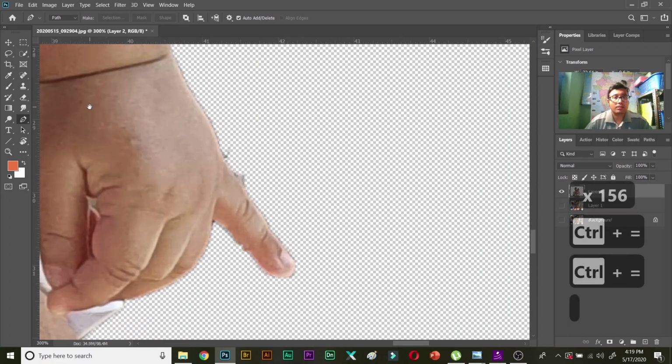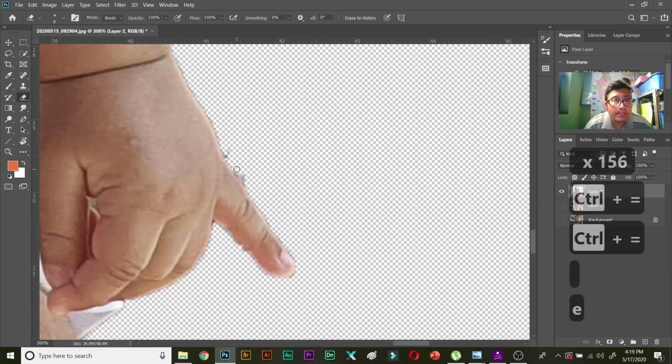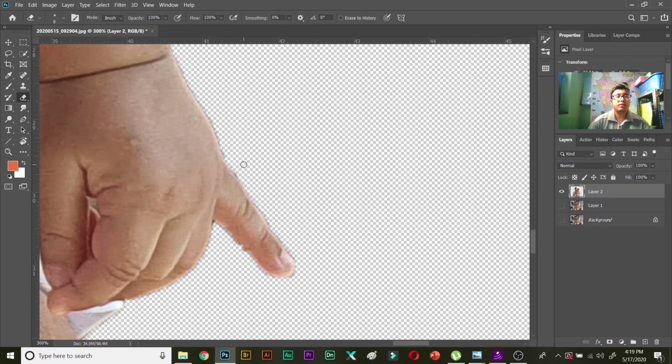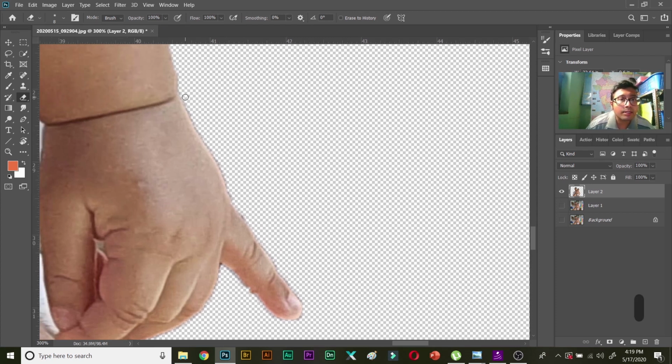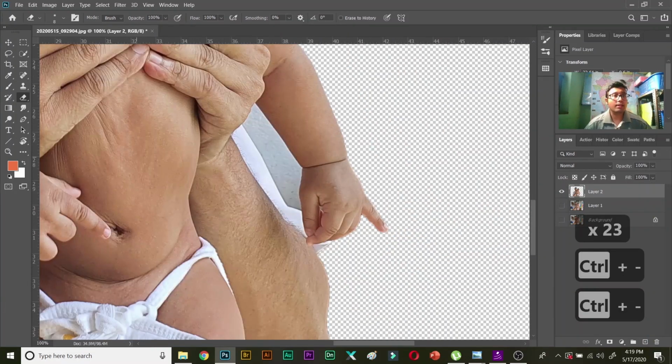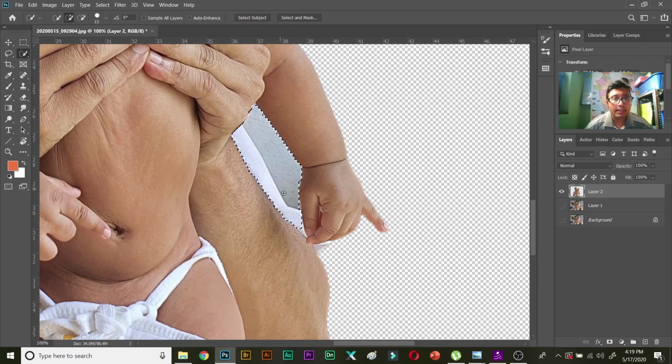Now over here you can simply use the eraser tool also. Make sure a very soft brush is selected, and then you can gently zoom in and make the brush size very small. You can use the square bracket keys to make the brush size small and large, depending on your preference. All right, now there's a big area. I can simply use the quick selection tool, W, and select this area first.